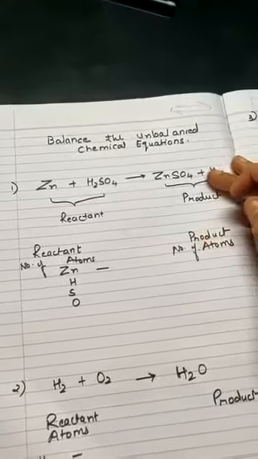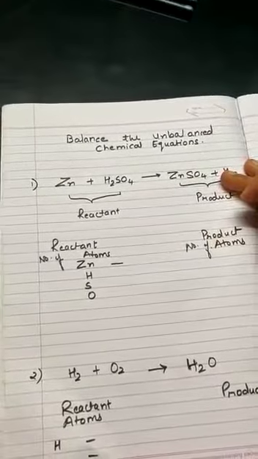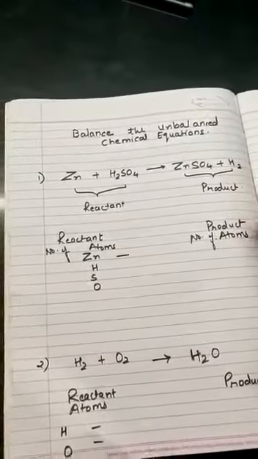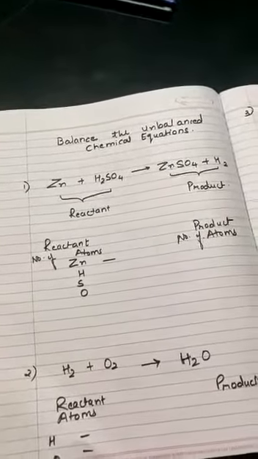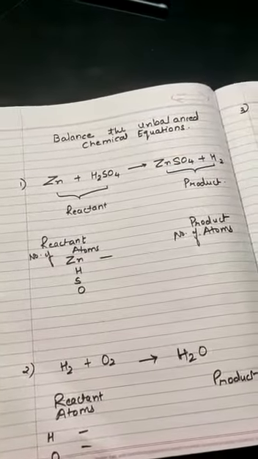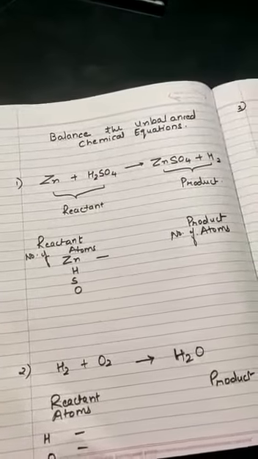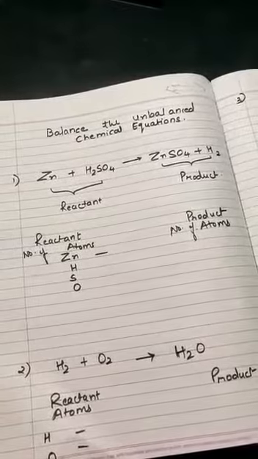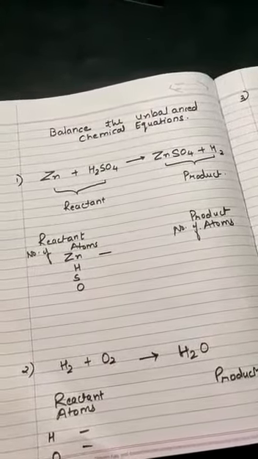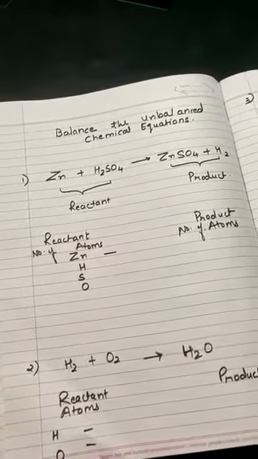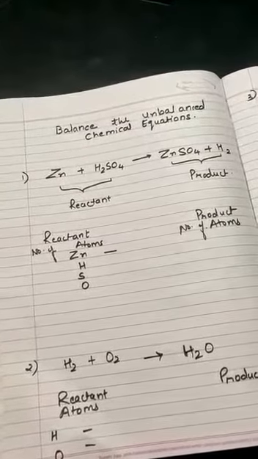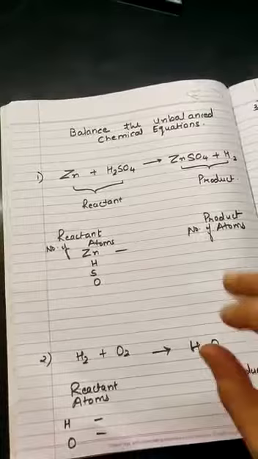Good morning students. Today we are going to learn about how to balance an unbalanced chemical equation. This is a very important aspect of not just 10th grade but your life, because any chemical reaction is based upon correct balancing, and if you don't balance, you cannot keep a proper proportion of a compound, or you cannot make any compound properly. So here we start now.